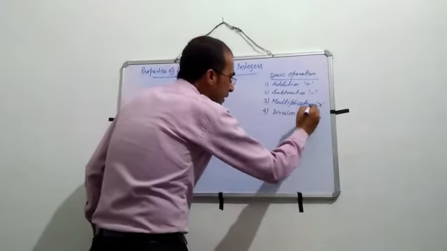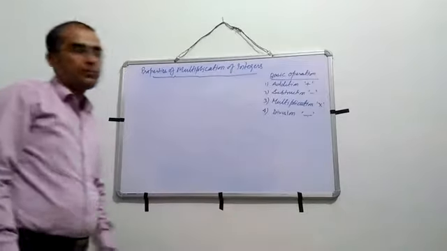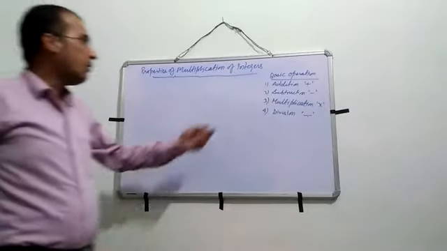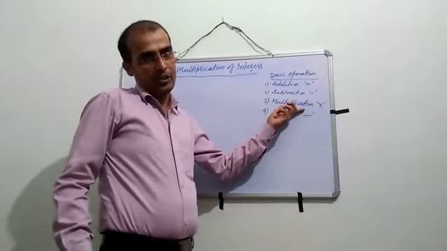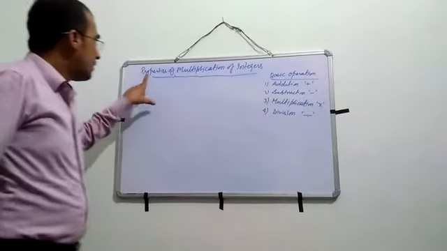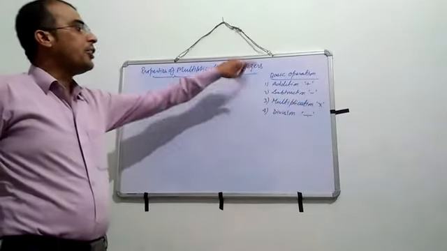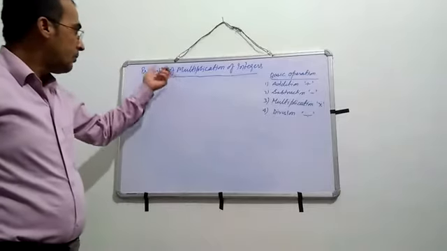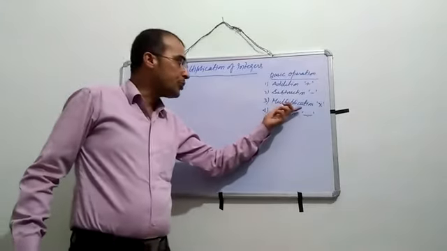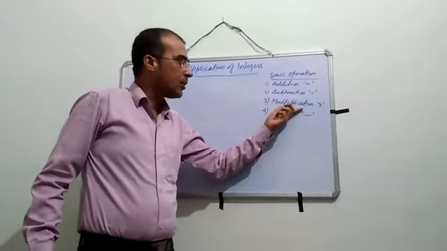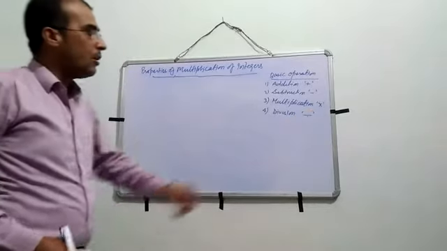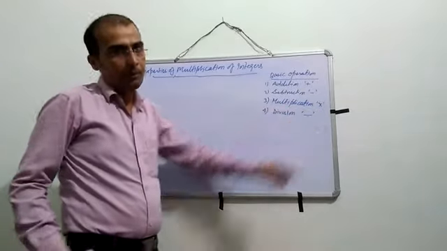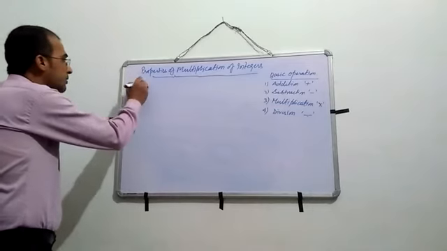So I am going to use multiplication, this operation. Properties of multiplication of integers. In this property, I am going to use the operation multiplication. Means the operation I will take is multiplication. The first property is